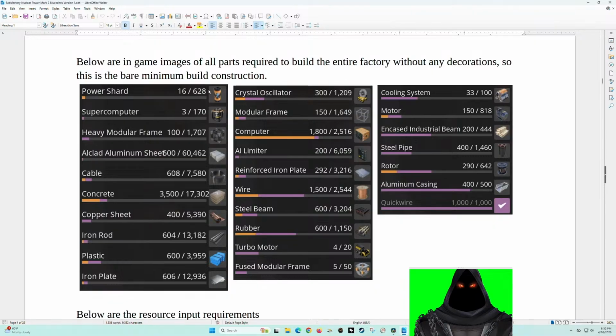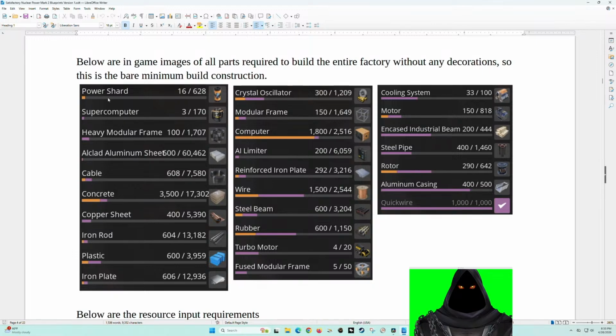It's like 60 purple slugs, roughly speaking, and that's assuming that you're using the Somersloops to double the number of shards per slug. I was able to grab all of those in a legitimate playthrough.